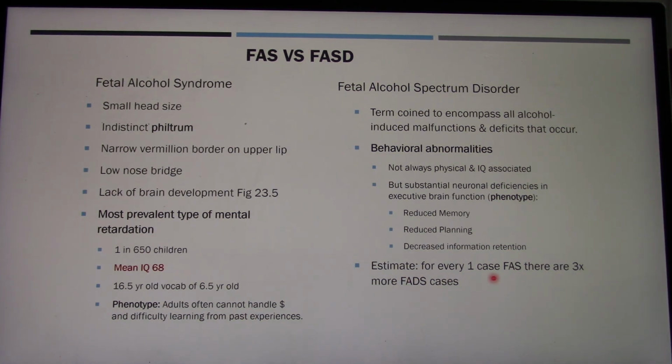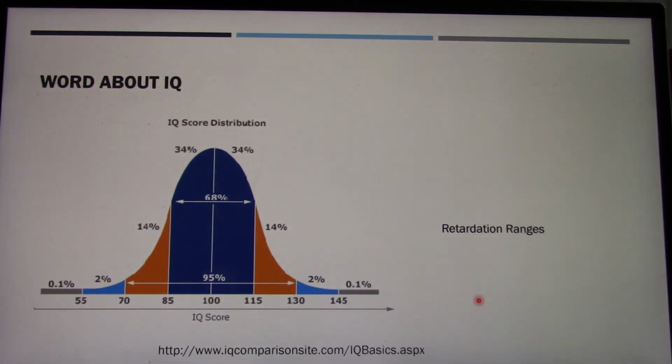Estimate, for every 1 case of fetal alcohol syndrome, there are 3 times more cases of fetal alcohol spectrum disorder. I switched my S and D there. So IQ, average is about 68, as I said, for those who develop